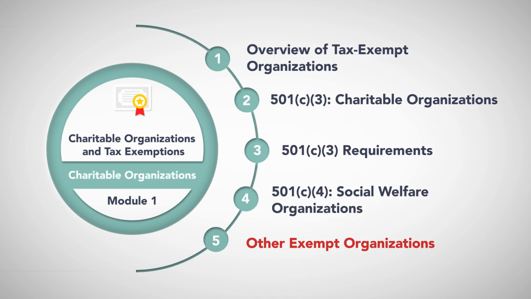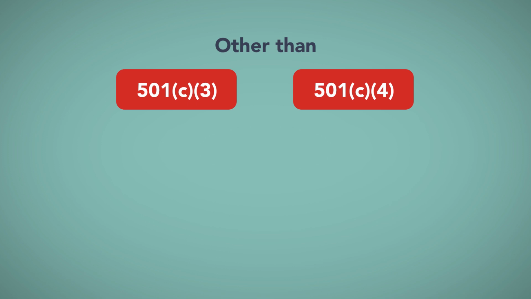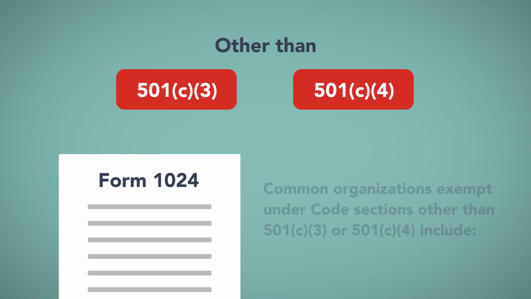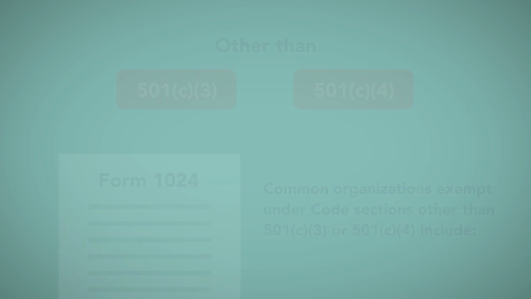Other exempt organizations. Most organizations seeking exemption under sections other than 501c3 or 4 will apply for exempt status on Form 1024. Some of the more common organizations exempt under code sections other than 501c3 or 501c4 include: